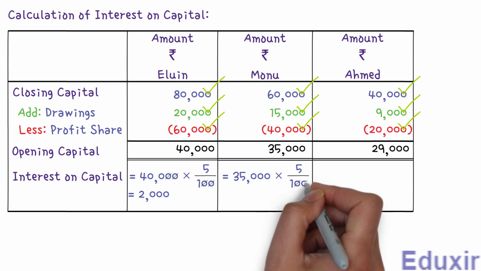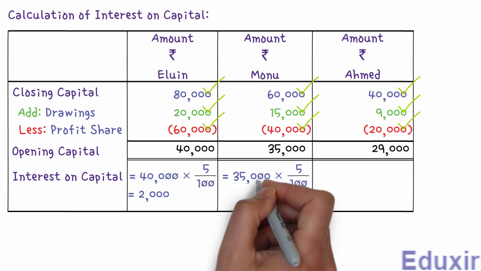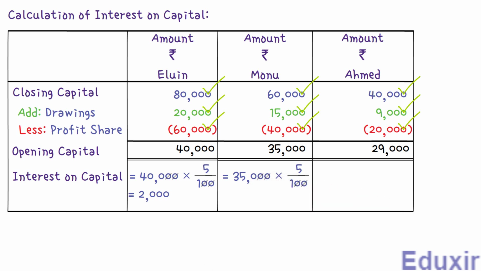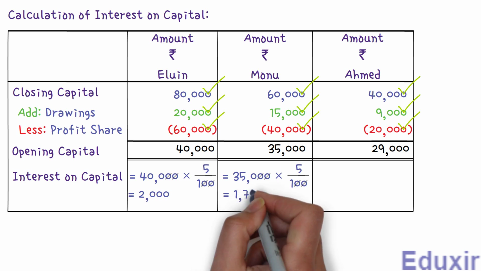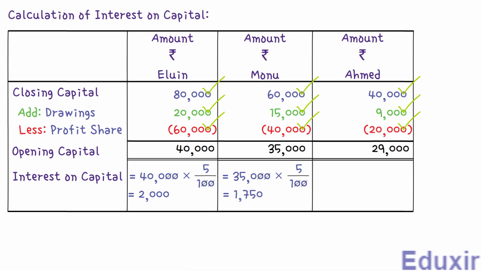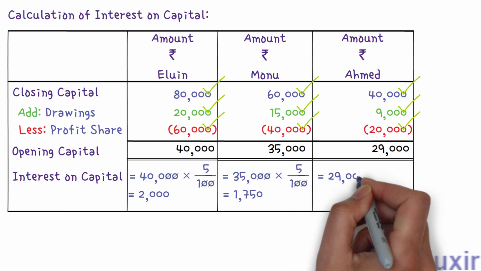Let's cancel both the zeros in 100 for the 2 zeros in 35,000 rupees. Now, if we multiply the remaining 350 rupees and 5, we get 1,750 rupees. This is the interest on the partner Monu's capital. Now, the interest on capital for the partner Ahmed is his opening capital amount of 29,000 rupees multiplied with the